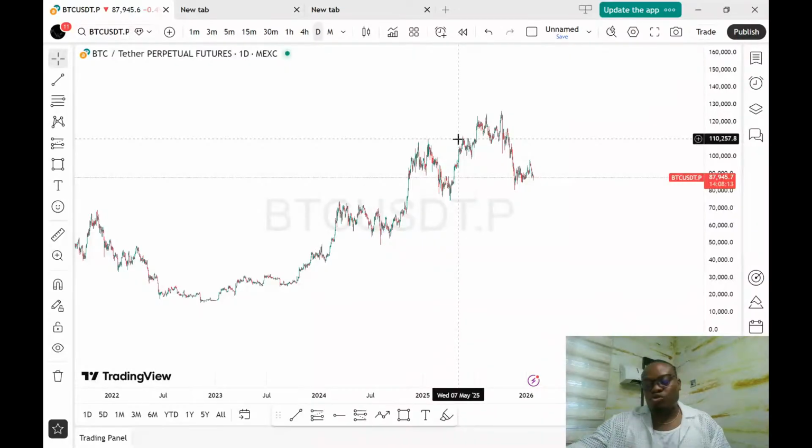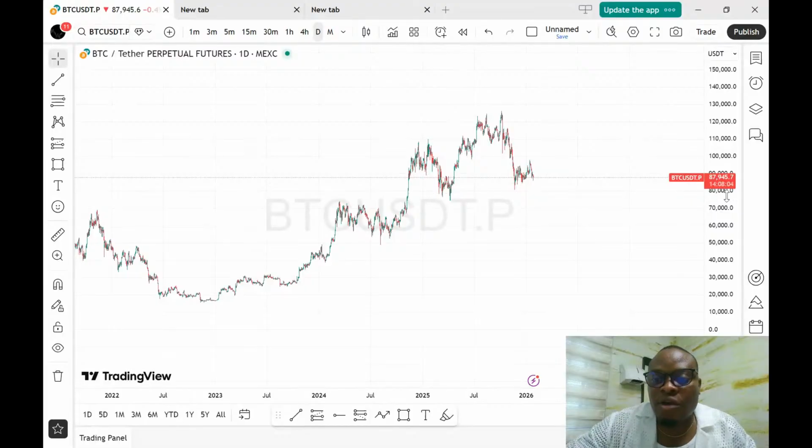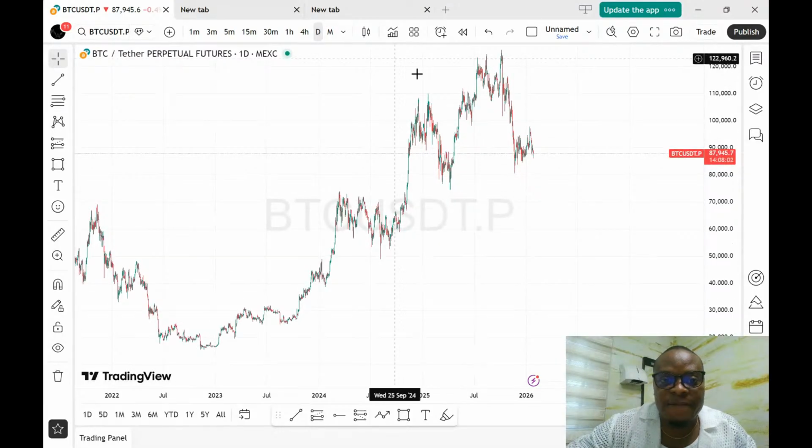That's the external structure. So every other thing you are seeing now is the internal structure. So that's how to differentiate between internal and external structure. Now, after doing your analysis on this 4 hours, this daily time frame, then the next thing you have